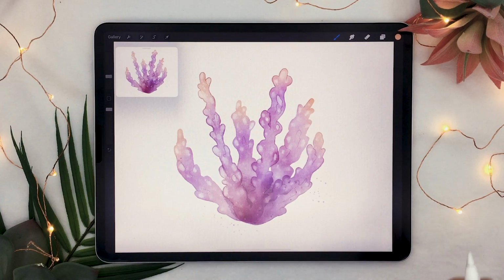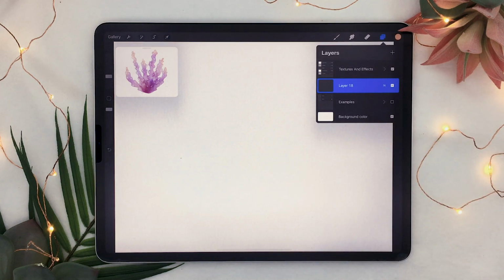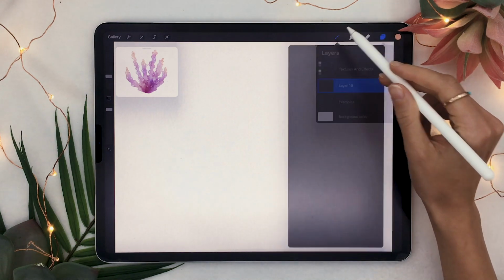As usual, we're going to start by creating a new layer and picking a brush. I will be using the watercolor brush from my watercolor brush set,